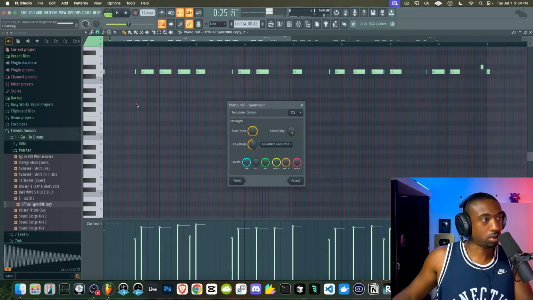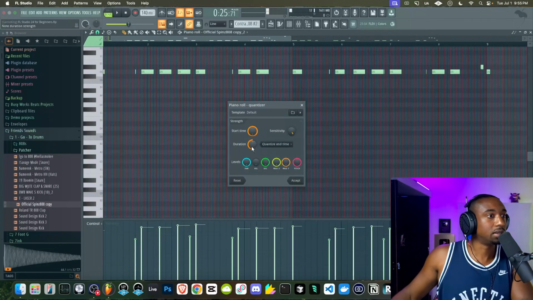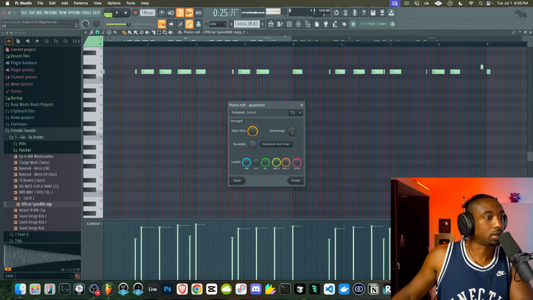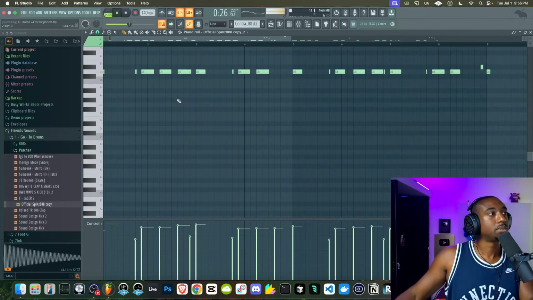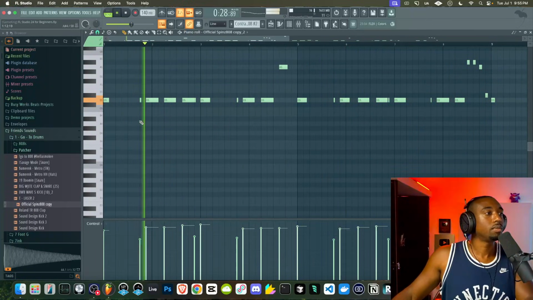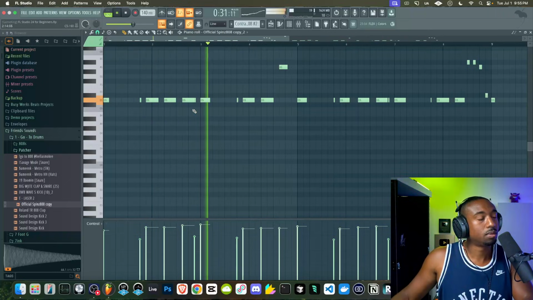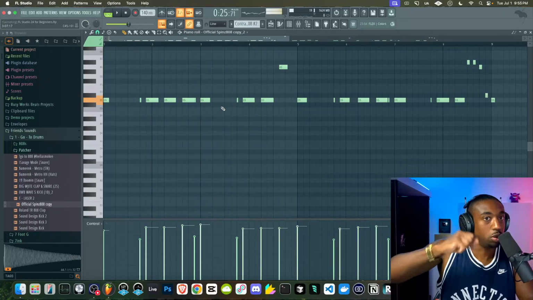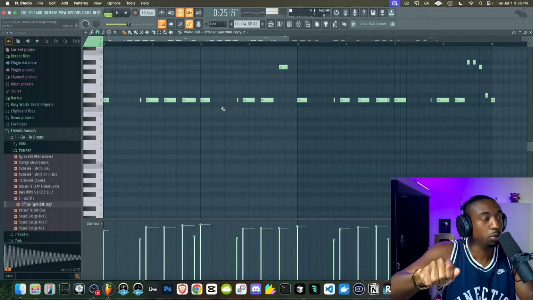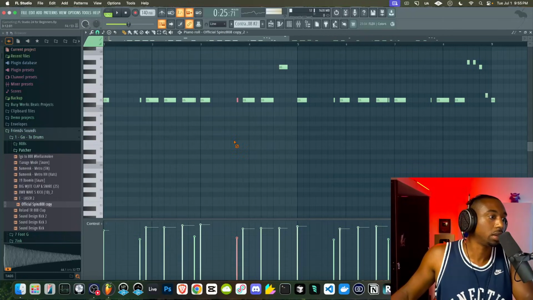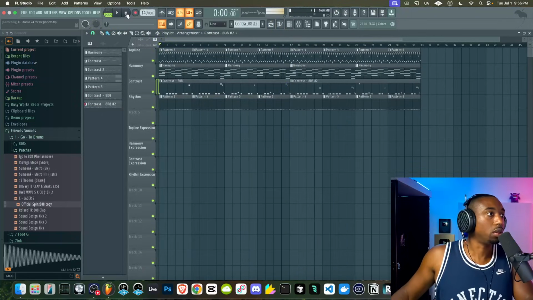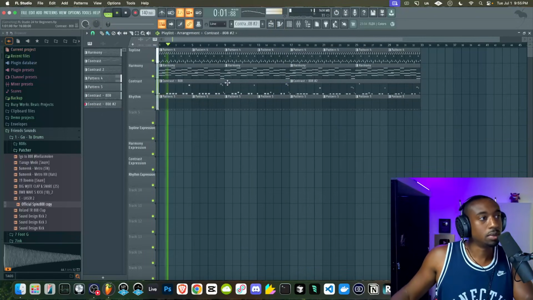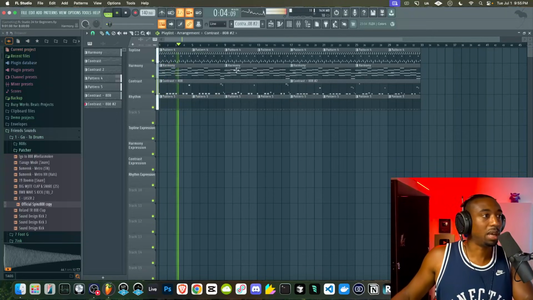We're going to hit Alt-Q to quantize these in. Sometimes it messes with the duration of your notes. So I'm going to pull back where it says duration because I don't want it to shorten the note in this case. Say accept. So it's like da-doom, da-doom, doom, doom, da-doom. That's the small little note here at a lower velocity. And that's the only switch up I made here. So let's go all the way back. Turn this into a trap banger.